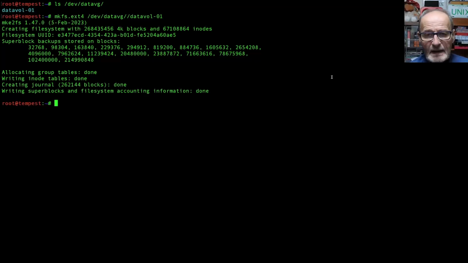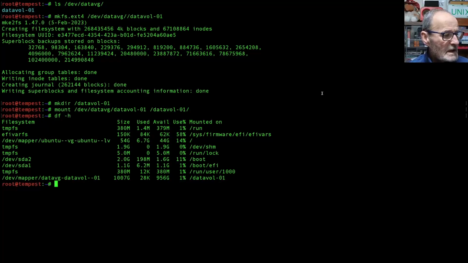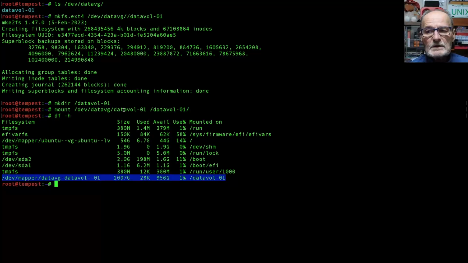We now need to mount it somewhere. So let's make a directory. So make a directory called /datavol-01. Mount the device /dev/data VG/datavol-01 onto /datavol01. Okay, and now if we do a df -h, we can see at the bottom here, we can see the device has mounted. So it turns out that the /dev/data VG/datavol01 path makes life easy because it actually shows us the volume group,